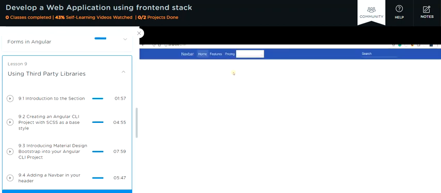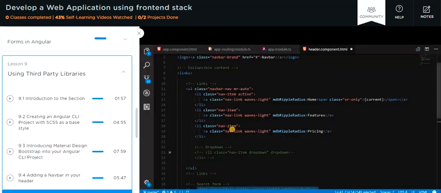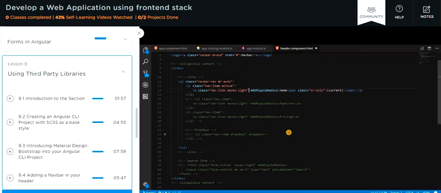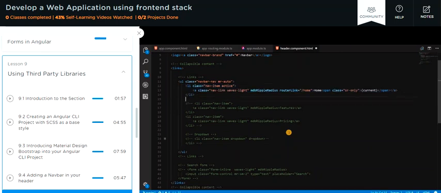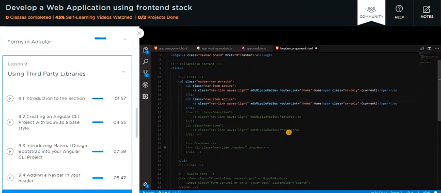Now home, pricing and all are there, but I don't need these right here. So I'll just comment these out. And for home, I need to go to the, let me just zoom out a little bit. And for this one, I need the router link to take me to home. While if I'm on the buttons route, then it should,